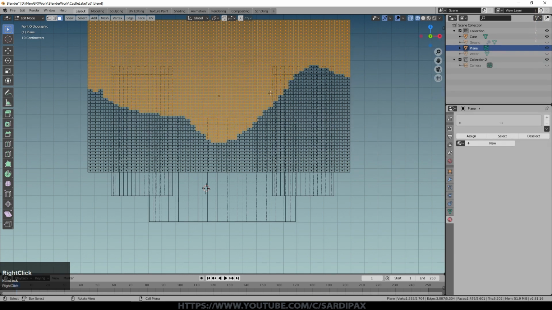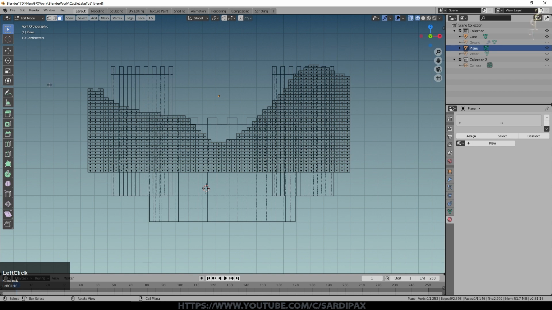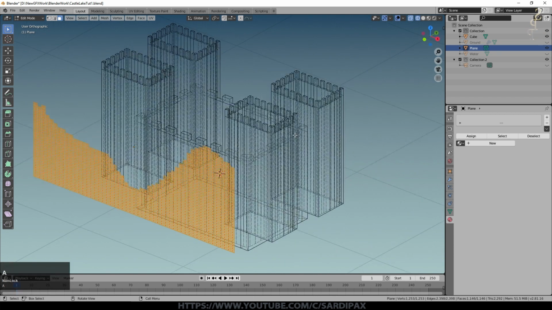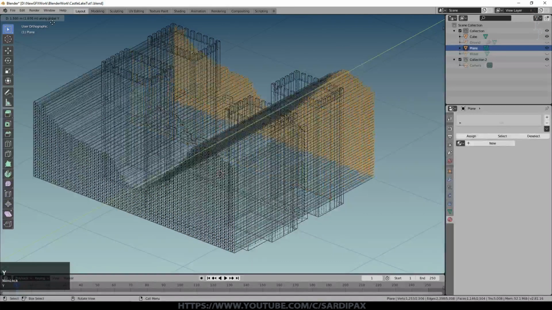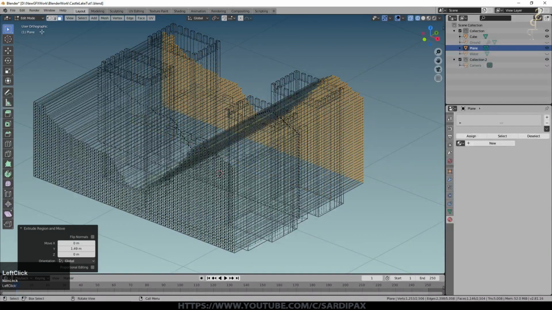So that's selected those, and now I'm just going to press X and say faces. So you can see that gives me this nice jagged edge. It's unusual that we want a jagged edge in 3D graphics, but for this I'm trying to simulate blocks, so that'll be fine. This bit up here doesn't matter because I'm not even going to use that. So now, selecting everything, I'm going to press E, Y, and now I'm just going to create a long shape bigger than the castle that goes that way.